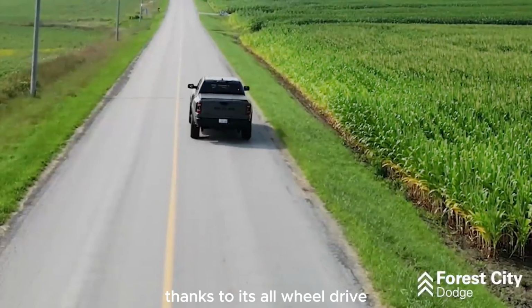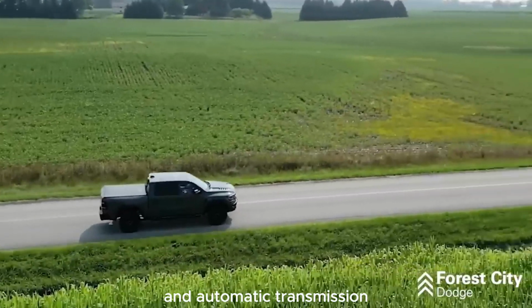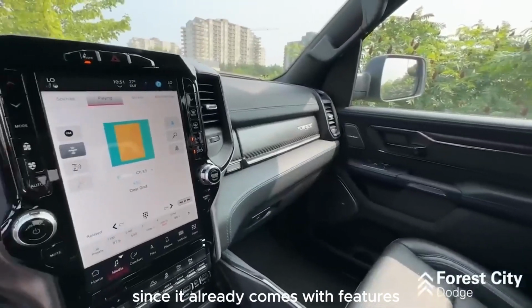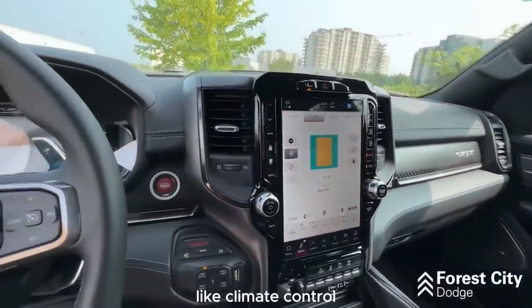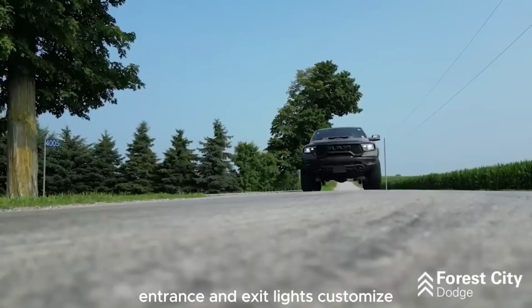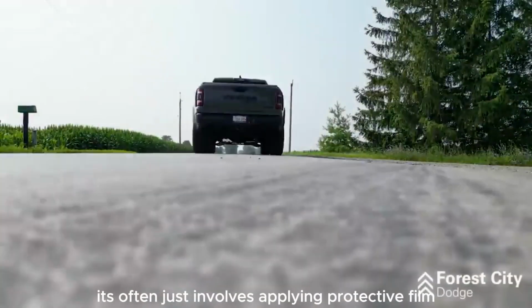Thanks to its all-wheel drive and automatic transmission, the driver can easily handle off-road terrain, since it already comes with features like climate control, a rear-view camera, and entrance and exit light customizing. It often just involves applying protective film,